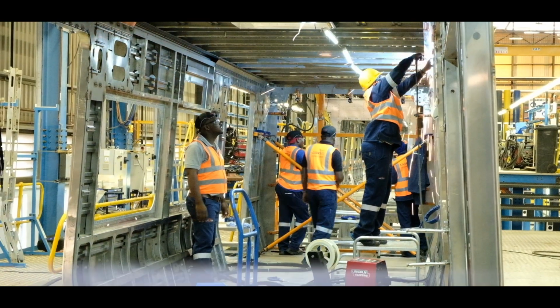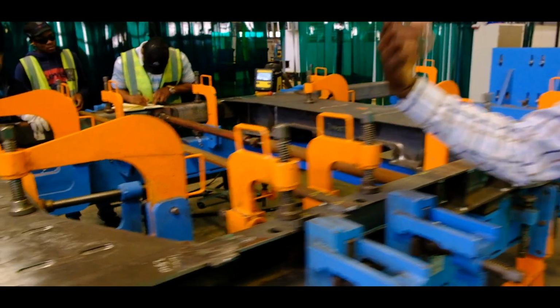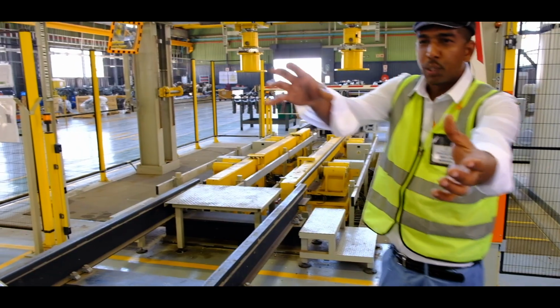For the site, there is a combination of imported material versus local material. The KPI for Gibela is to achieve a 65% local content, and Alstom Ubunye is very much in line with supporting Gibela on their initiative. The components we build are the bogies, which means we manufacture the bogie frame, we assemble the bogie, test the bogie, and supply the bogie to